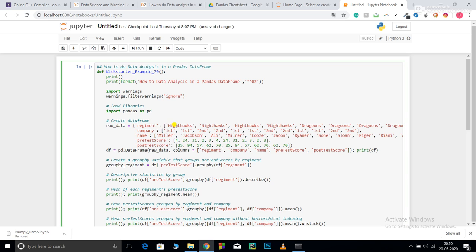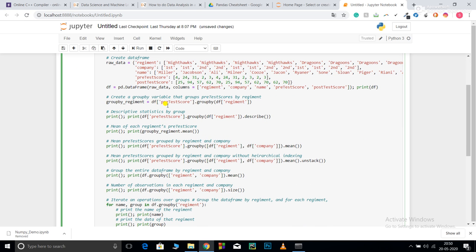I've created a data dictionary over here. After that, I'm converting this data dictionary to a pandas data frame using the pd.DataFrame function. I'll pass two parameters over here: raw data, that is my data dictionary, as well as the column names. The column names should be provided in the form of a list and in a string format.